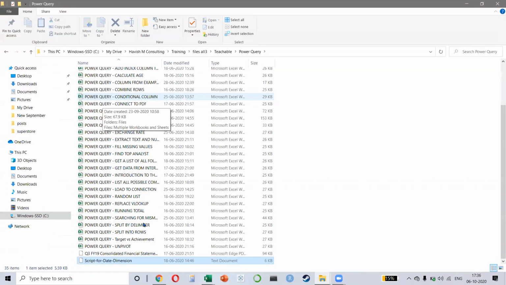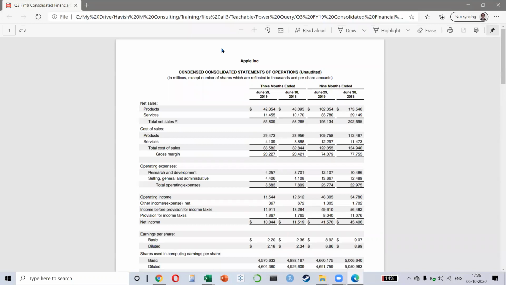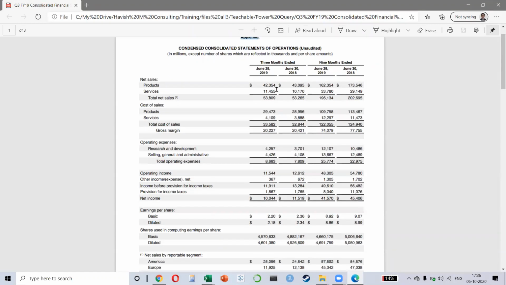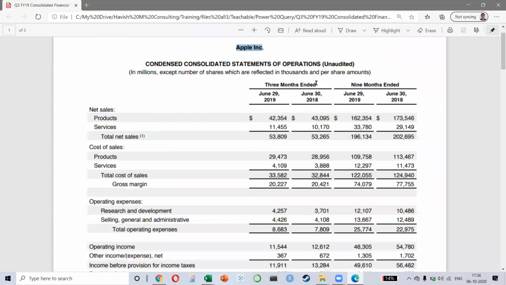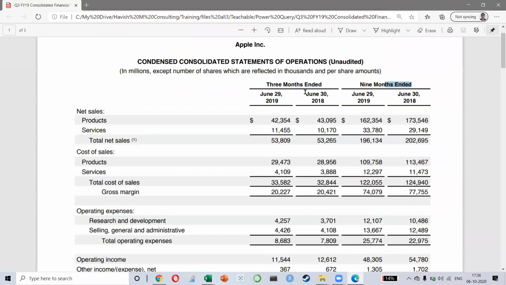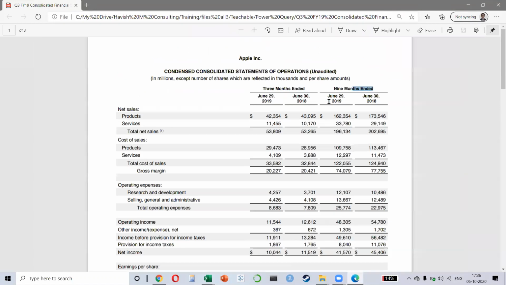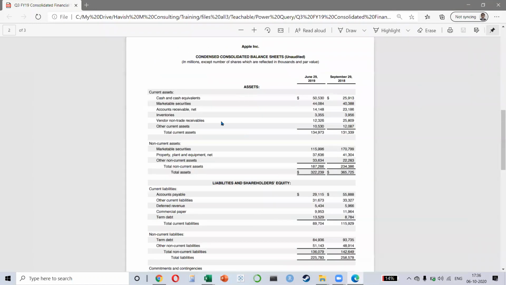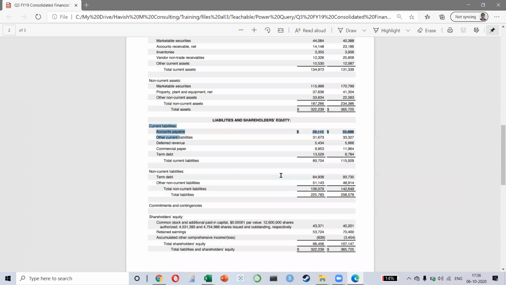I have Apple's consolidated financial statement for 2019. This is available on their website, right? So Apple Inc., we have the quarter, the 3-month end and the 9-month end, right? As of June, okay? Now, assuming that I wanted to get some data, let's say this part, the current liabilities.